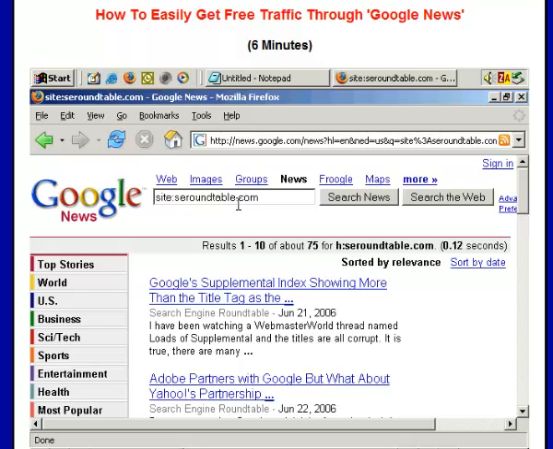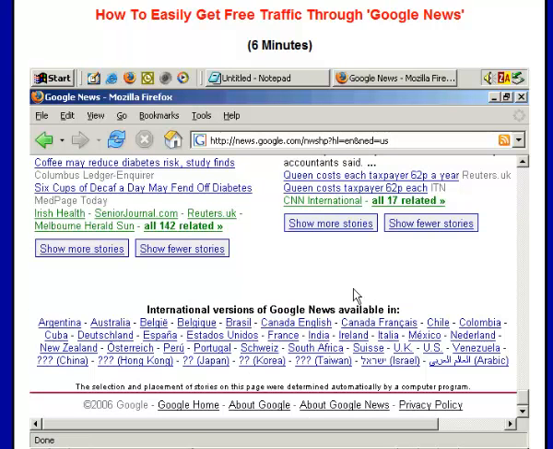people visiting Google News. And actually, if I go to the front page of Google News, and I've scrolled down to the bottom, the link you're interested in is About Google News.